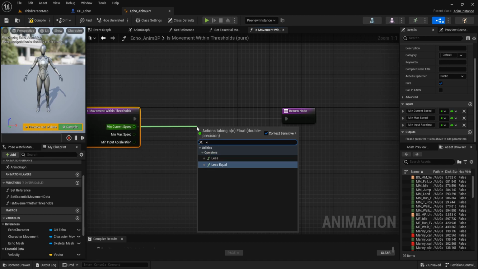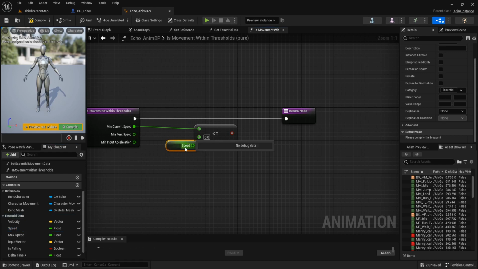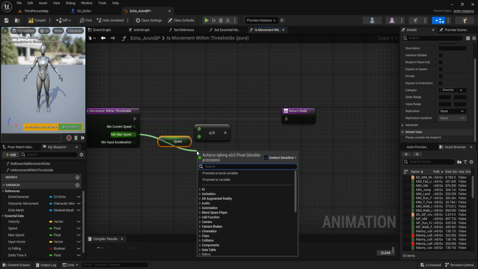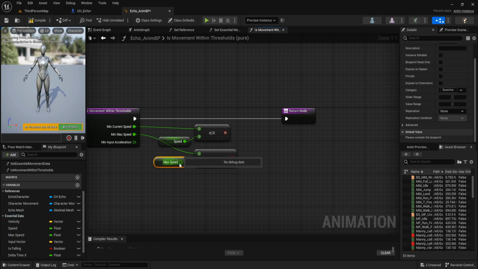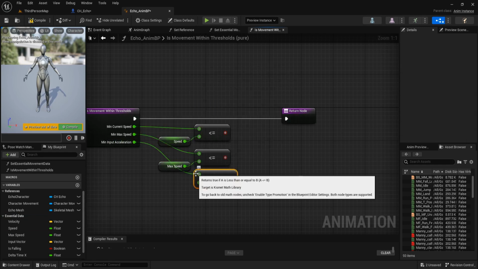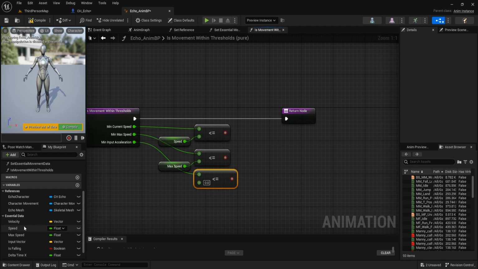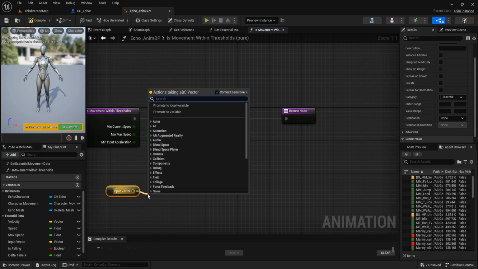Then check if the current speed is less or equal to the speed. And the min max speed less or equal to the max speed of the character. And the min input acceleration less or equal to input vector length.